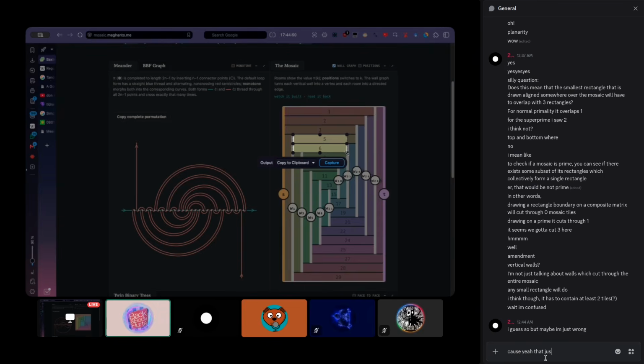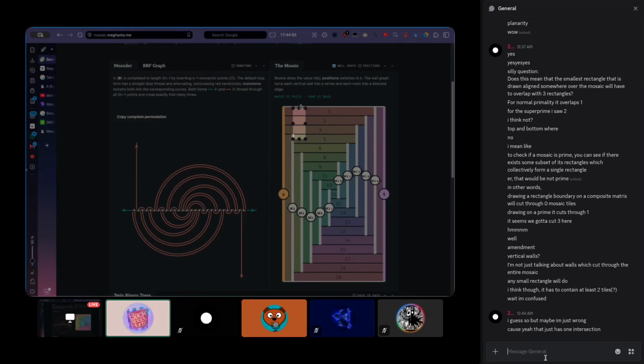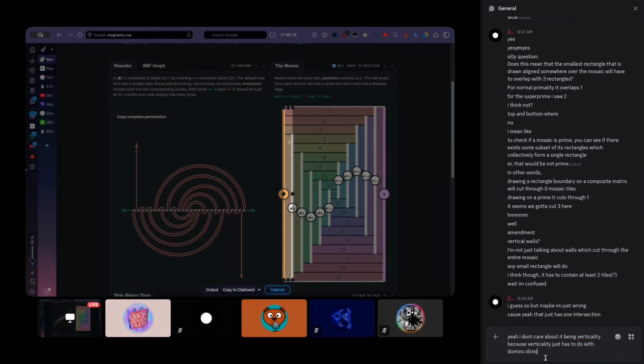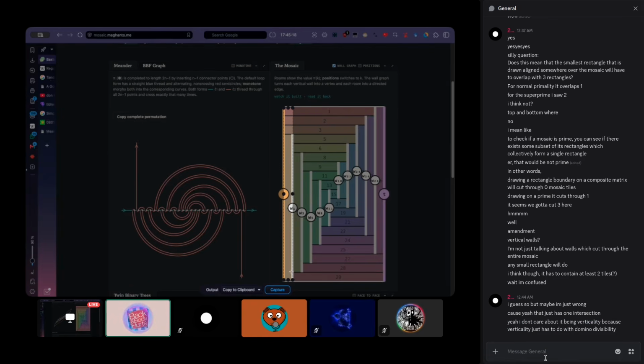cut. But yes, if you are trying to find a vertical wall that cuts from the top to bottom, like a block of rectangle that cuts from the top to bottom, it needs to cut through at least three rectangles. And then it can use this wall so it doesn't cut through this fourth rectangle. So your definition, if you change it to